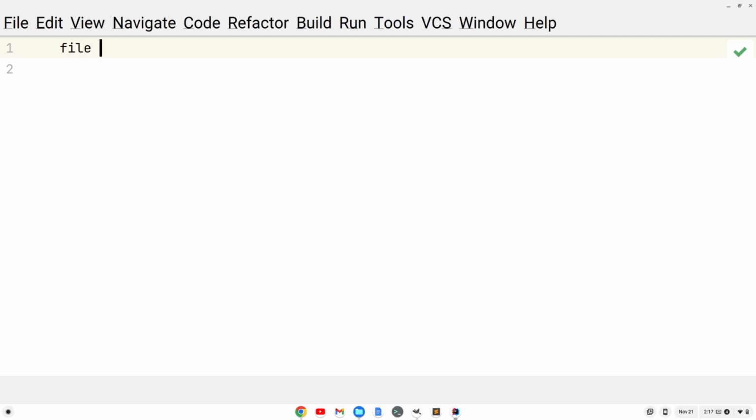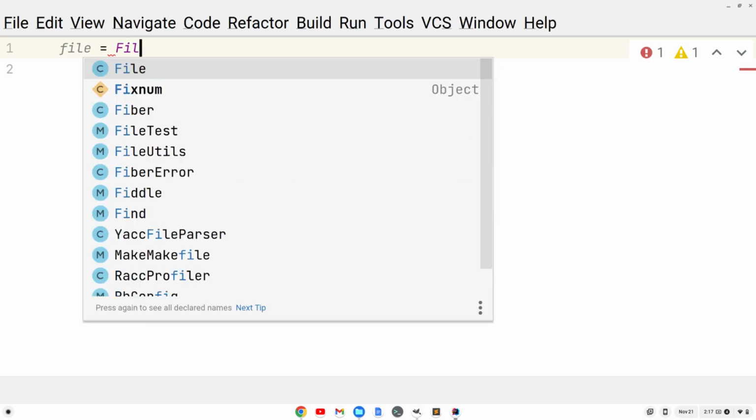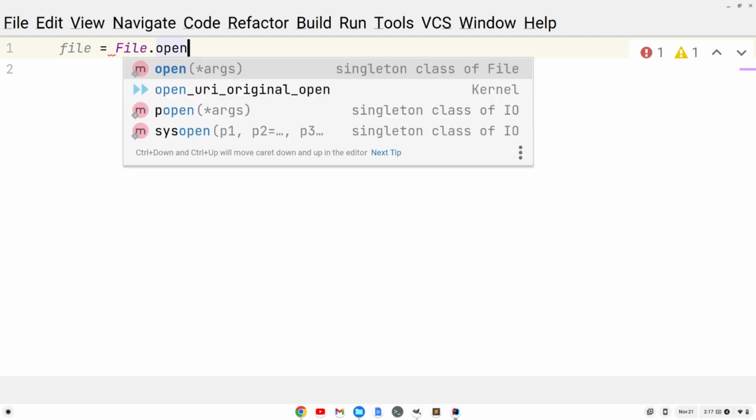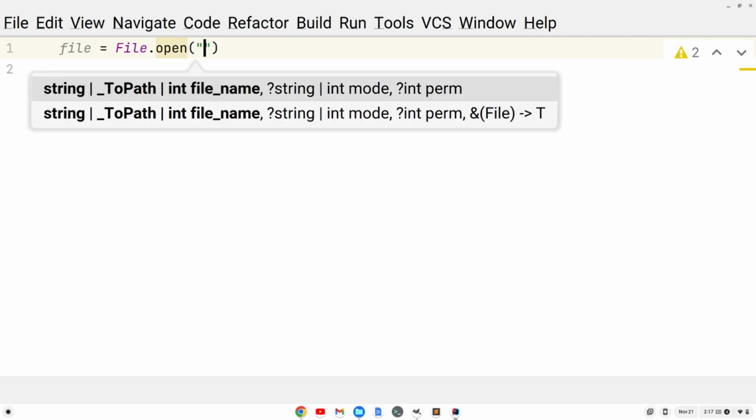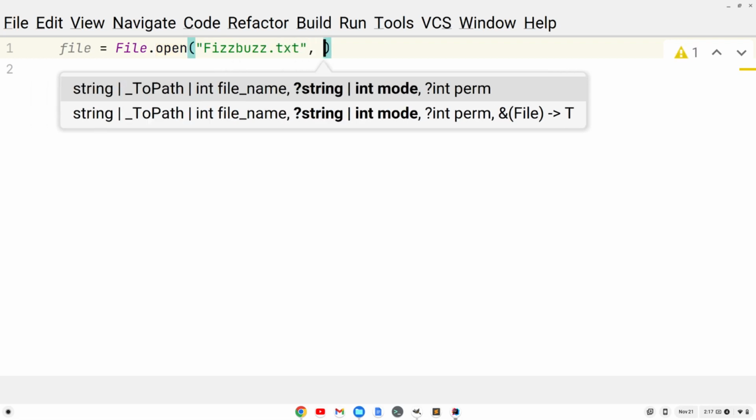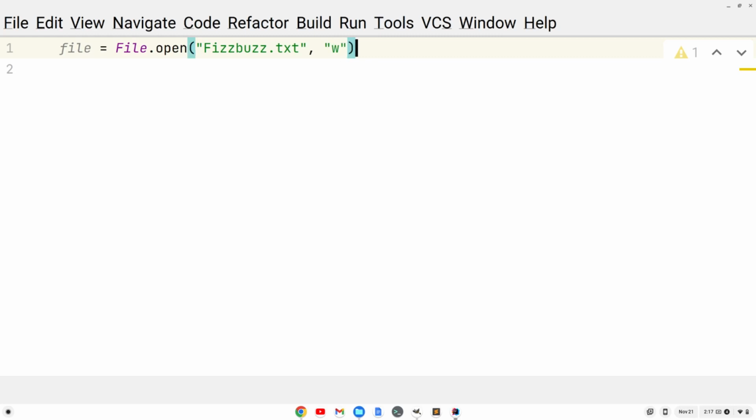Okay, so we're going to say file equals, and then we'll start with an uppercase File.open, and I'm going to give a name for the file. It's going to be in the same folder, so we'll call it fizzbuzz. I know I do a lot of fizzbuzz. fizzbuzz.txt. And then a comma and, in quotes, a w, meaning that we are writing to the file. Okay, so I'm going to do a for loop here, and we'll write the fizzbuzz to our file. So we'll say for i in 1..100 do,